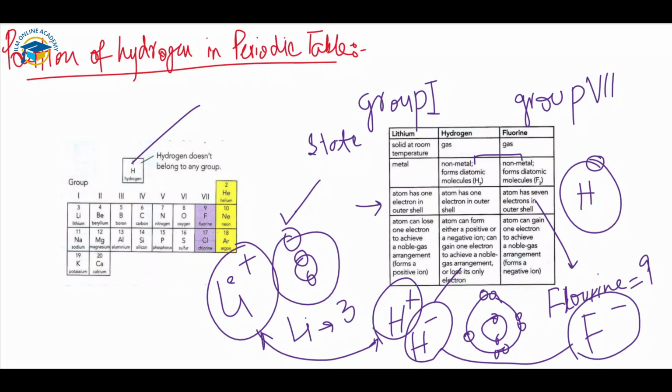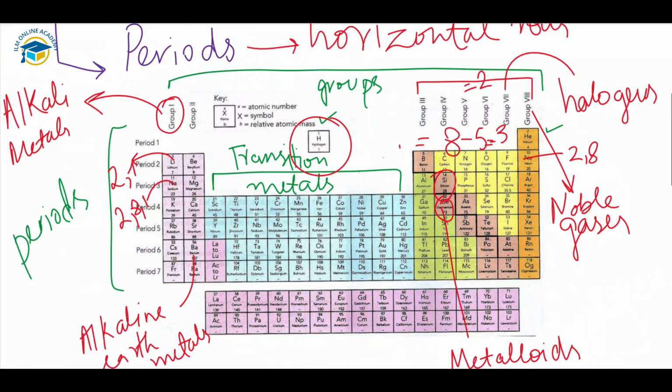Next, we will talk about the organization of the periodic table. So this is the periodic table. Now we'll talk about the organization of this one. First of all, when the periodic table was constructed, it was originally